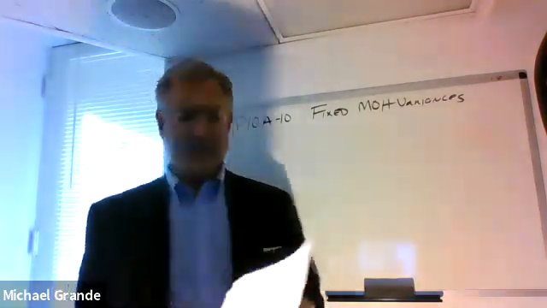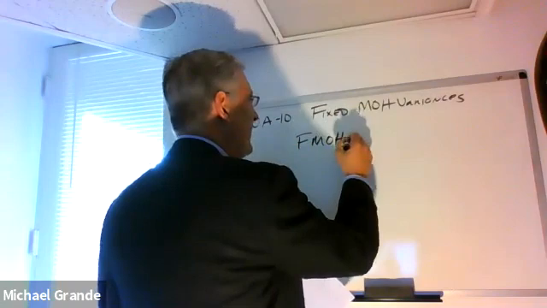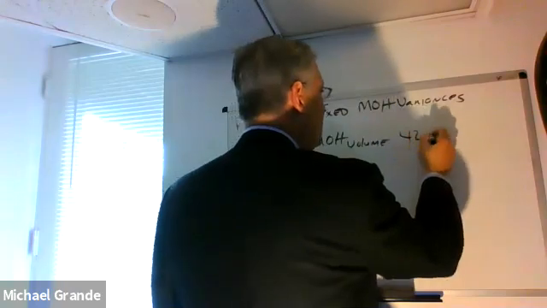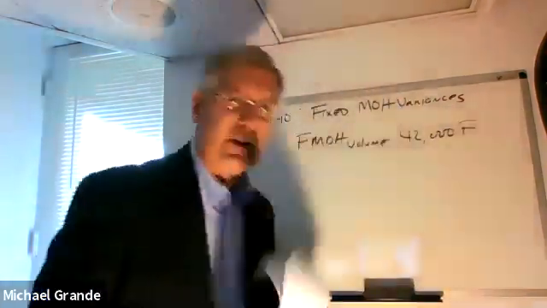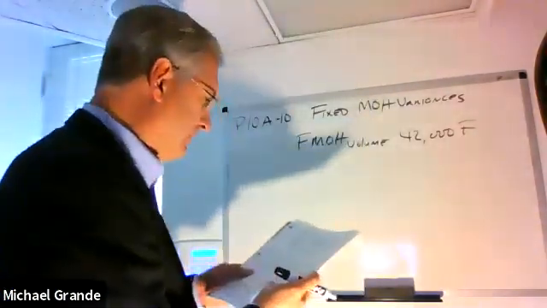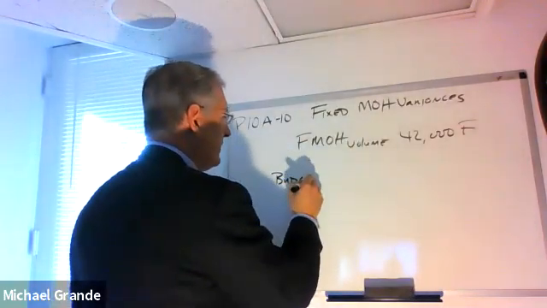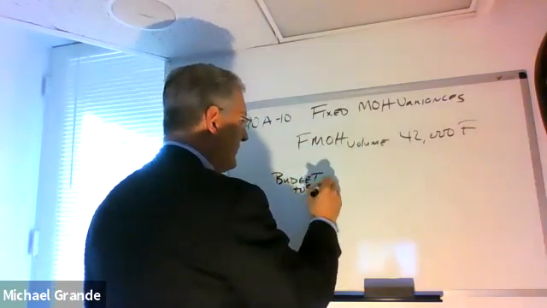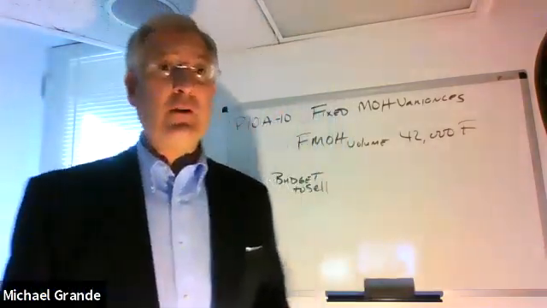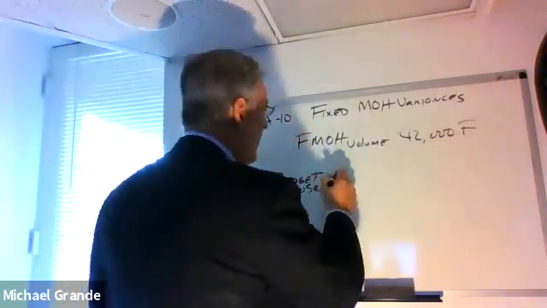Who deserves a bonus? Well, let's look again. We have a fixed manufacturing overhead volume variance, which is favorable, $42,000 favorable variance. How did that happen? Well, let's have a comparison. How many units did they budget to sell? Nowhere in this problem do they tell you how many units they budgeted to sell, but we can figure it out because we know